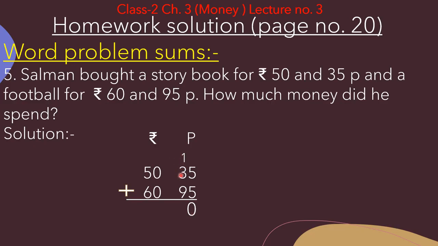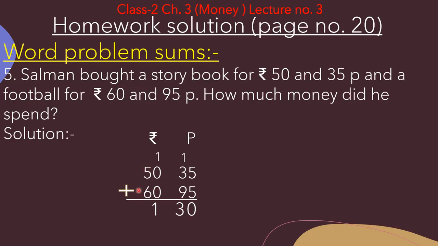Now 1 plus 3, 4. Now keep 4 in your mind and 9 on your fingers. So let's start forward counting again. 5, 6, 7, 8, 9, 10, 11, 12, 13. So again 13 is 2-digit answer. That's why we will write 3 over here and 1 will be carry over in rupees column. Now 1 plus 0, 1, 1 plus 0, 1. So here we will write 1.